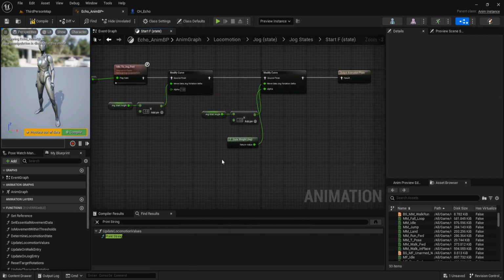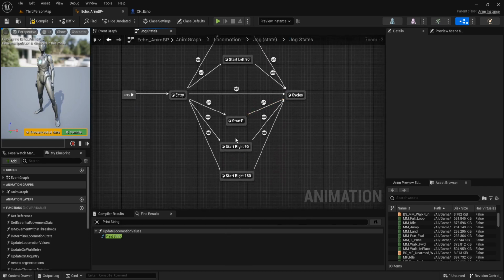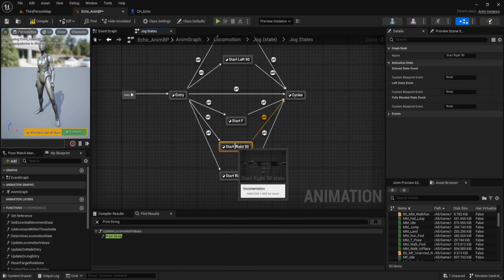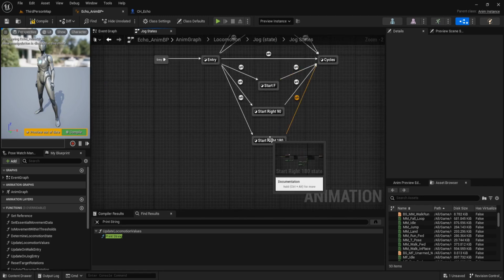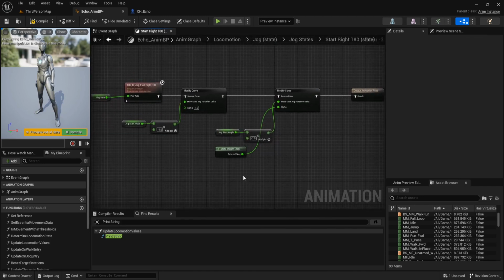Start F, 1 minus state weight. Start right 90, 1 minus state weight. And start right 180, 1 minus state weight.